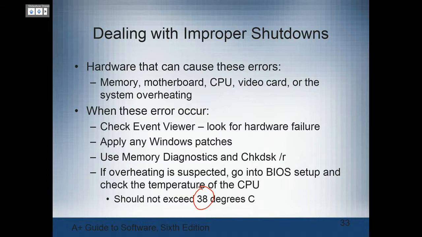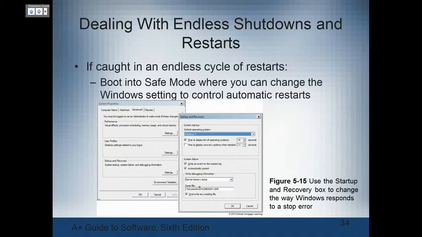What you've got to do is run the system, restart it, go into the BIOS. There are free as well as paid software that will show you what the temperatures are too. I think SpeedFan was one that he talked about in the first half in the hardware portion of it. Endless shutdowns and restarts, boot to safe mode, change the Windows settings, and this is where we're getting into